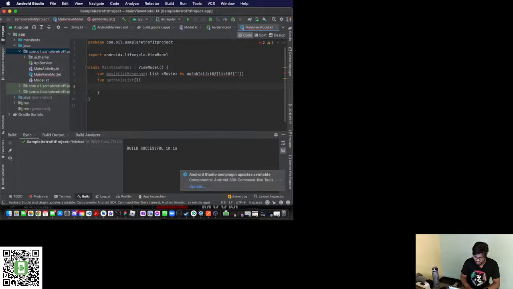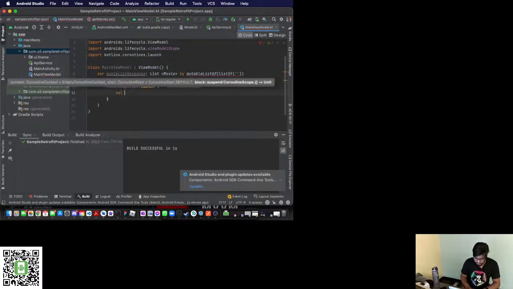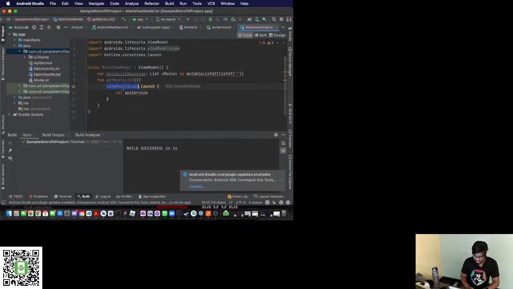And then some boilerplate code here, but let me just write it out, and then I'll explain. Dot launch. Okay, so right here, this is working essentially with the view model code for us to use this function so that we can access the data. So then we're going to call this method to get an instance of the API service. I'll get instance, and then